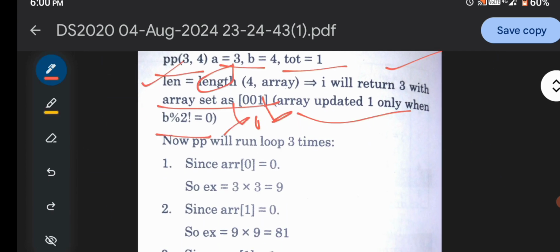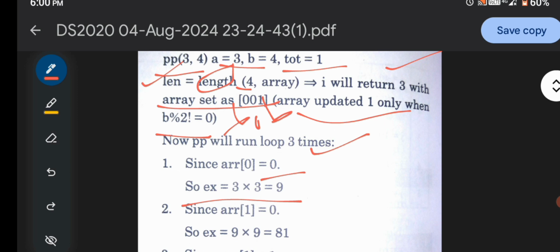Based on that, pp will run the loop three times, because the length is the return value of tob, that is 3. Since array is equal to 0 for 0, 1, 2, array 0 means the index value of the array is 0 and the content is also 0. Then here the ex value is 3 into 3, that is 9.